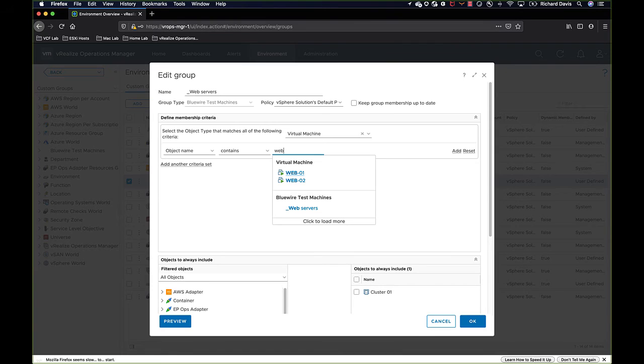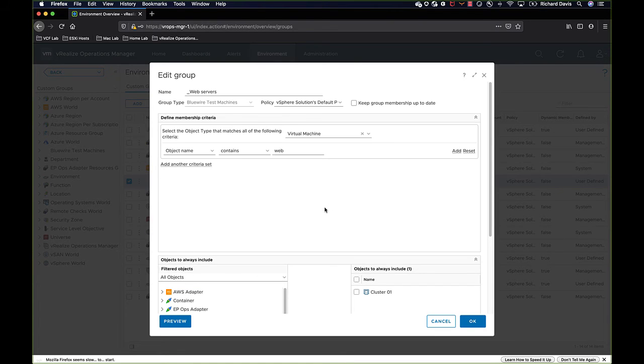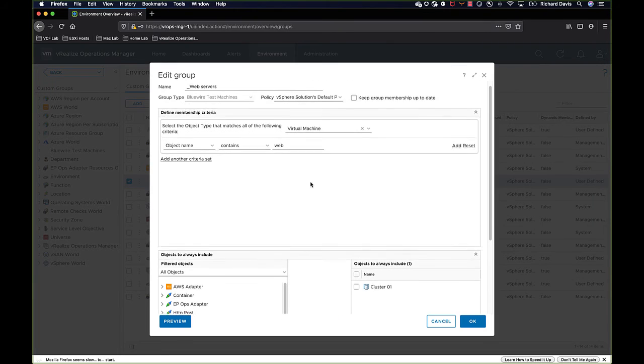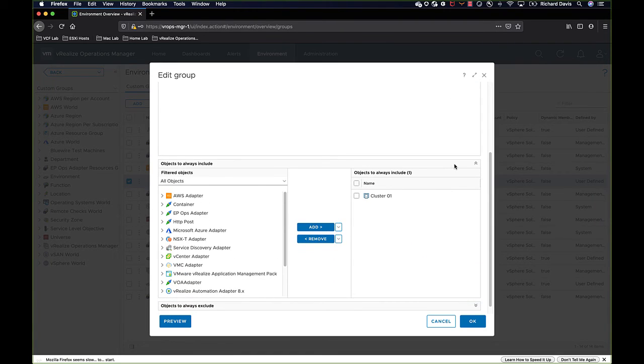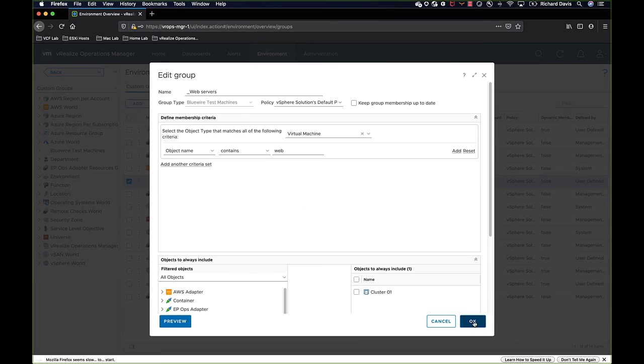You get a list here, but if you click anywhere in the white space we can get away from that. Ensure you click preview to see what comes up. So here's a list of all our web servers which I'm happy with. If you want to exclude particular clusters, you can scroll down. You can include certain adapters and areas if you wish, but if you wanted to exclude certain data centers, we can expand the objects to always exclude and then just click OK,